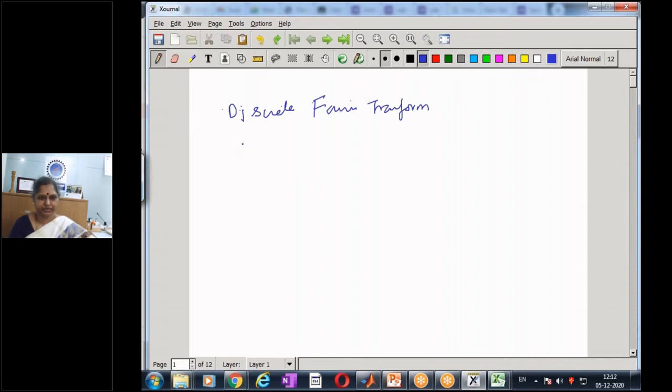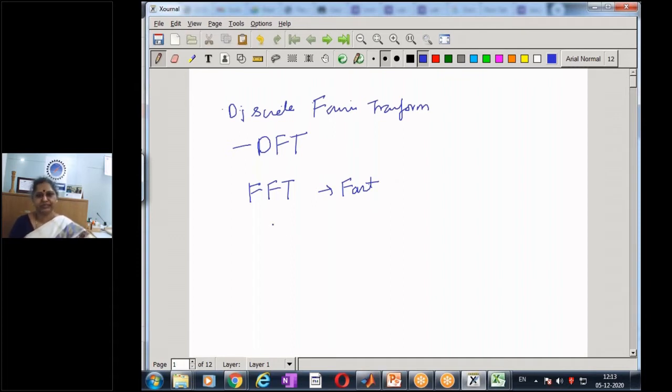This is the fourth module on the topic discrete Fourier transform. In the previous module, we had seen the properties of discrete Fourier transform. Today, we are going to see an efficient method of computing the DFT. Because it is efficient in computing, the computational complexity is reduced, but we are actually performing the DFT. This is known as the fast Fourier transform. So the fast Fourier transform just computes the DFT, but it does it in an efficient manner.